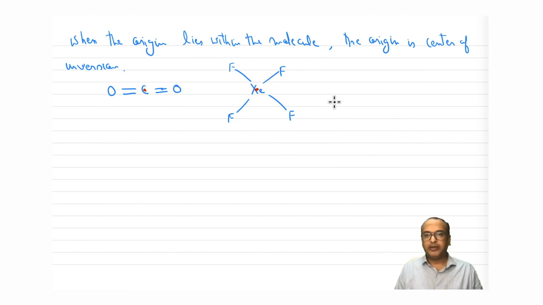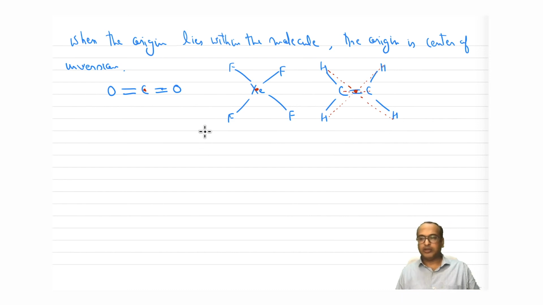Similarly, let's say we have just discussed ethylene. In this case, the center of this bond will be the inversion center. So for example, if I draw a line through this and extend it further, it will meet the same atom. Similarly, from here, if I do this, it will meet the same atom at the end. Similarly, for carbon, it will do this, right?